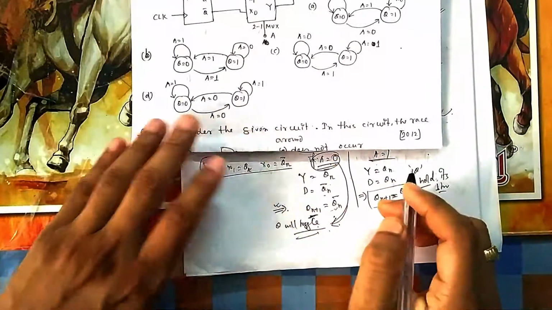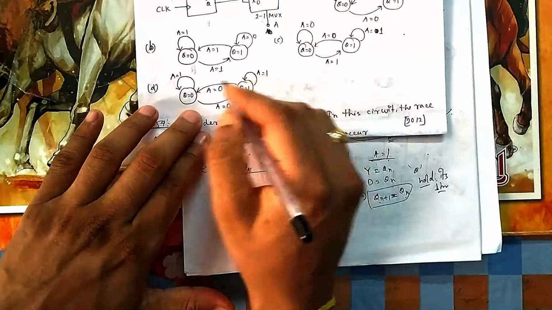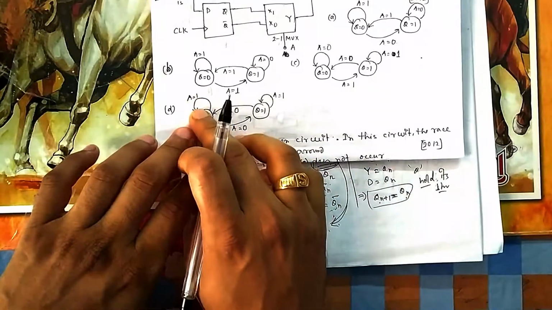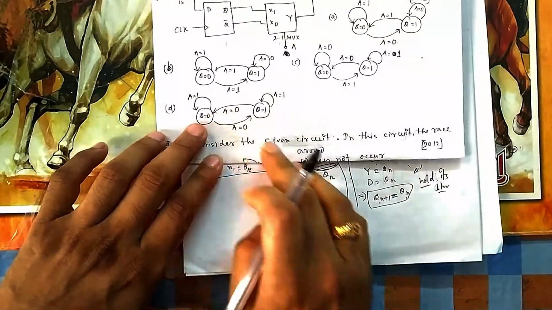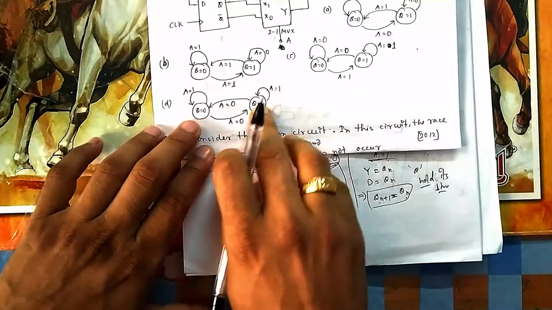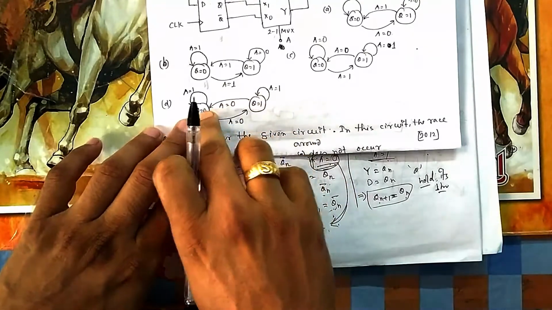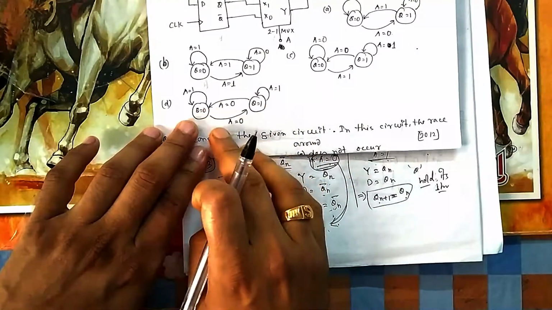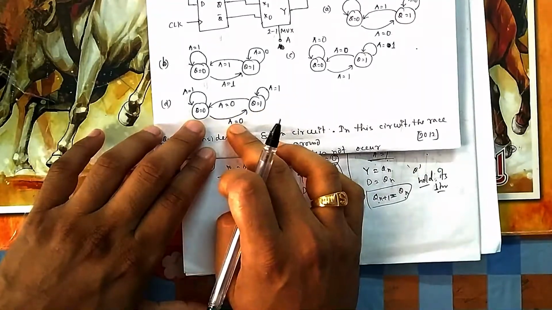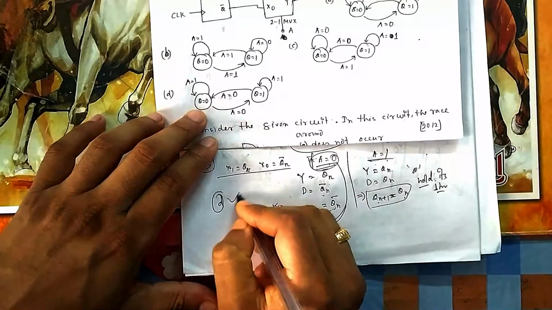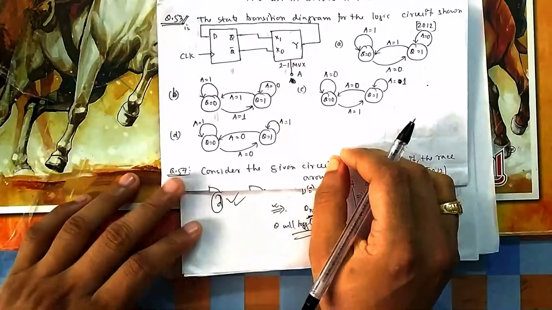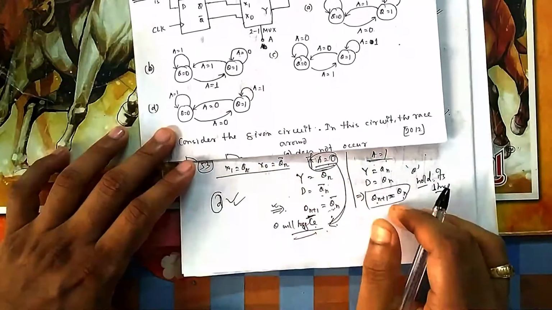So obviously D. In D you see, because A is equal to 1, it is holding its state. If it is at 1, it remains at 1. If it is at 0, it remains at 0. And if A is equal to 0, it is changing its state. If Q is 1, it comes to Q 0. It is toggling. And if it is 0, it toggles again, changing from 0 to 1. So obviously option D is the correct option. You can check the others by taking 0, 1 and writing the truth table also. But there is no need, though doing these cases is also easy.